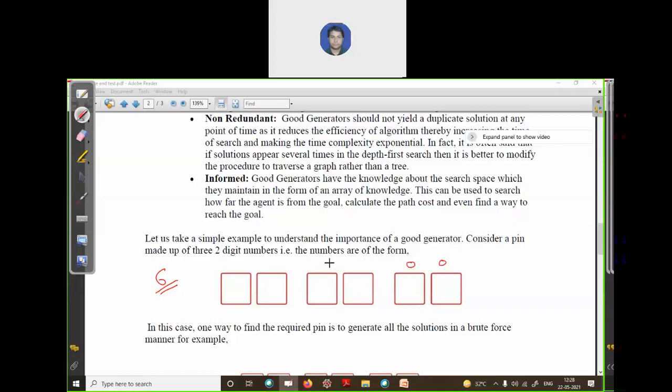The first combination is 0000. All the digits are 00. Then 01, 02, 03 up to 99 for this combination. Again 01 up to 99, and again 99 till 99. So the possible combinations for these two digits are 100. In total, the combinations are 100 raised to the power 3, which is 10 to the power 6. That many possible combinations it can create